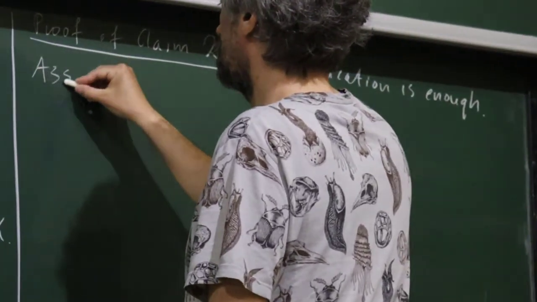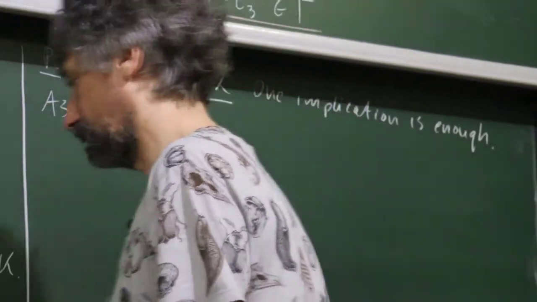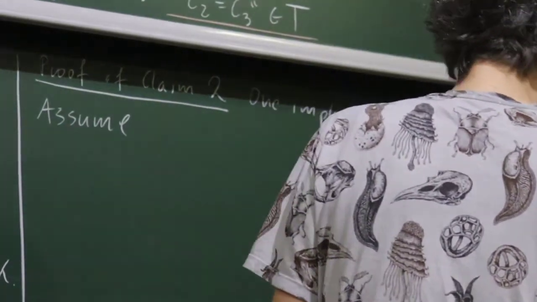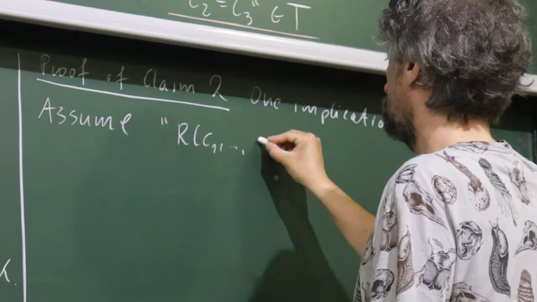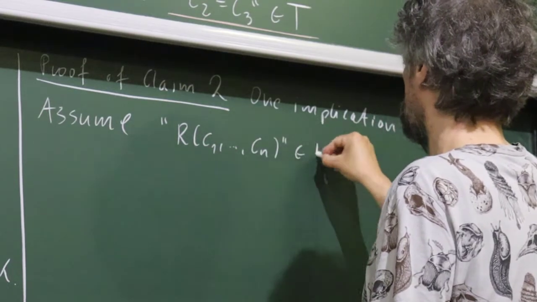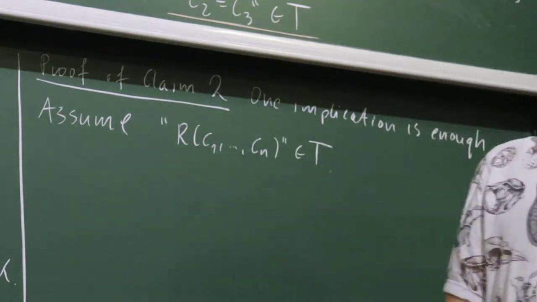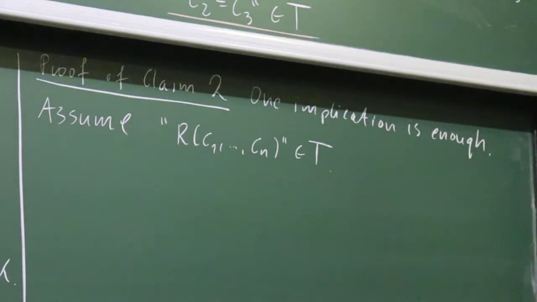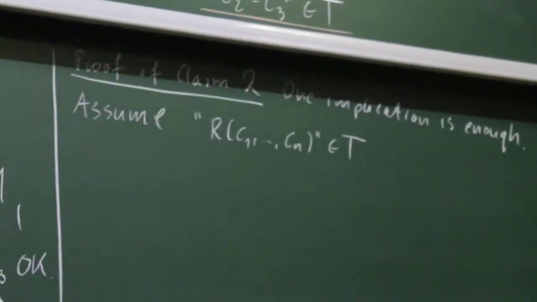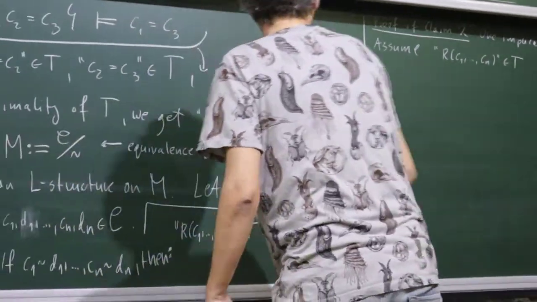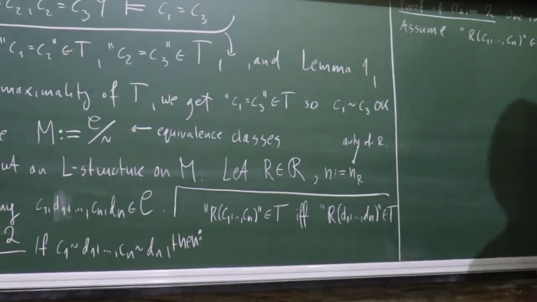So assume that this holds. Okay, so by the assumption C1 equals D1, Cn equals Dn, it is also in T. So since